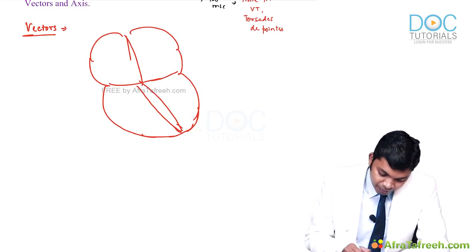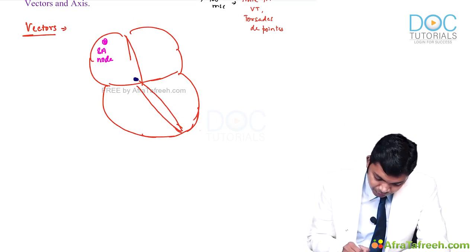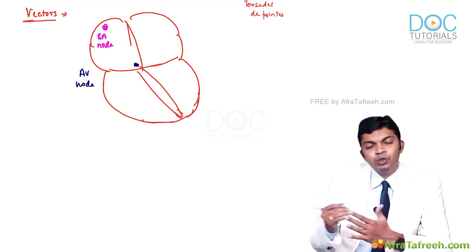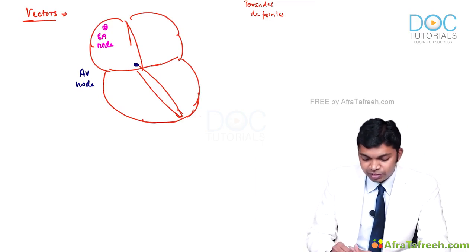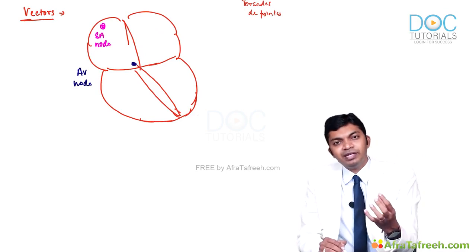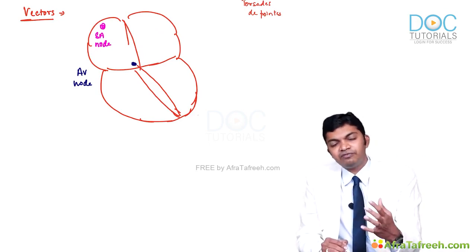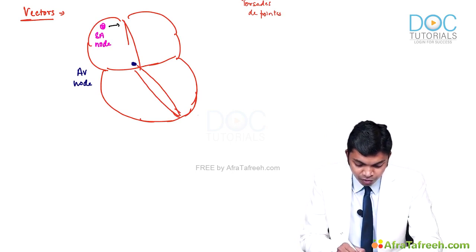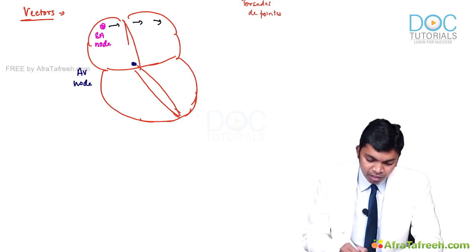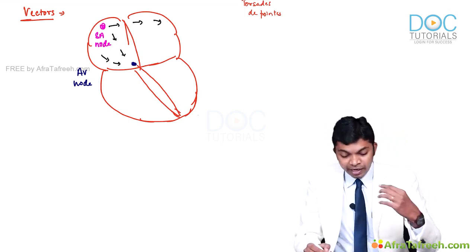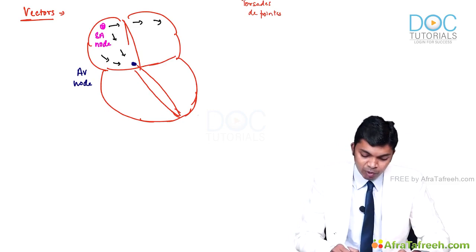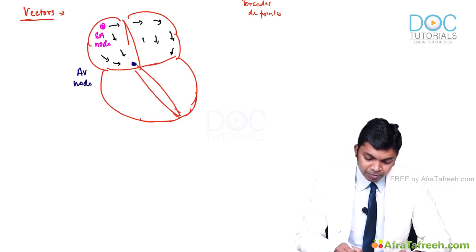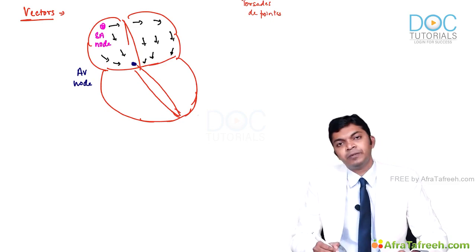Now, if you consider the sinoatrial node and atrioventricular node, we have two kinds of vectors first. The first one is a moment to moment vector, doctors. The moment current starts getting generated from the sinoatrial node, the current tries to flow towards the left atrium. Current also tries to flow towards the AV node through the internodal pathway. Now, the current that has traveled to the left atrium also, through the intermyocytic gap junctions, tries to reach the AV node,